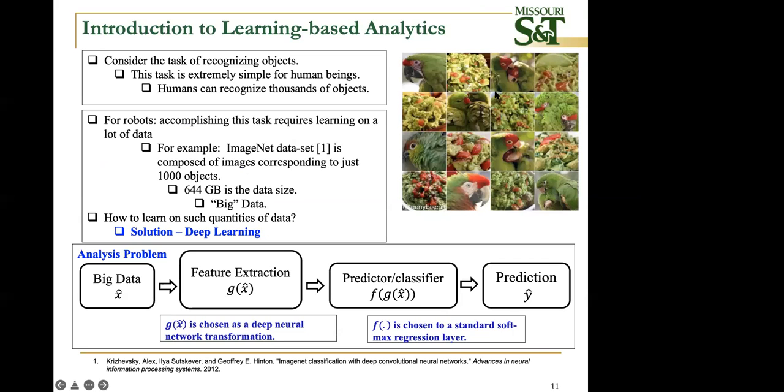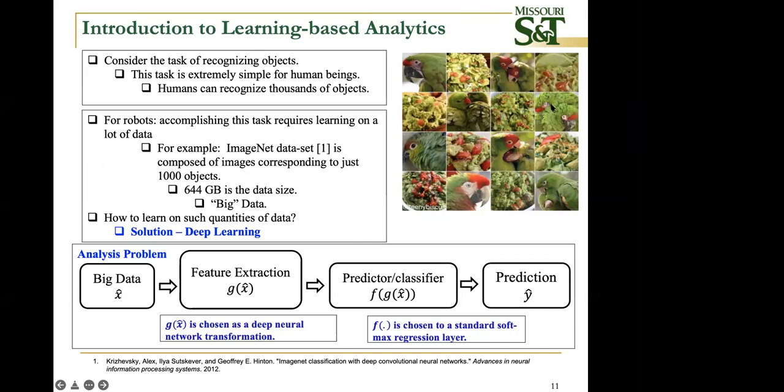Let's say you're trying to recognize these objects. Look at that. In these objects, there are parrots, but not all of them are parrots. They look like parrots, for instance. You can see here, these are not parrots. For instance, these are not parrots. They're avocados with some strawberries. They look like parrots.